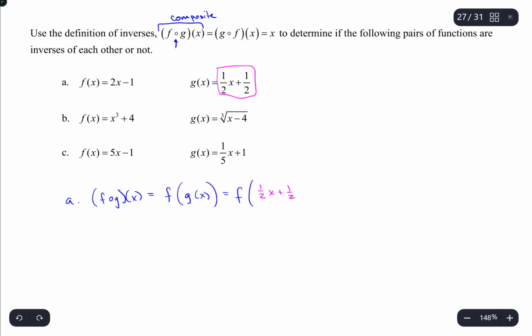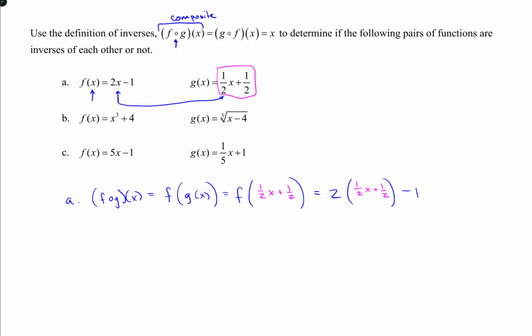Now what that means is anytime I see an x in the function f of x, I'm going to replace it with this whole thing right here. So this is going to become 2 times, and then here's g of x again, 1/2 x plus 1/2, and minus 1,